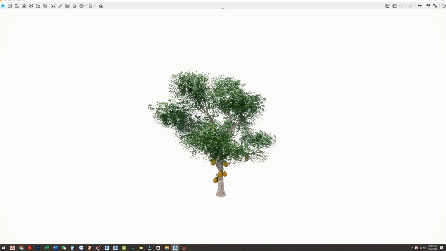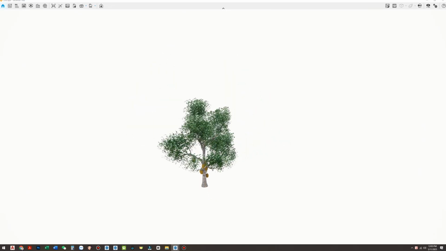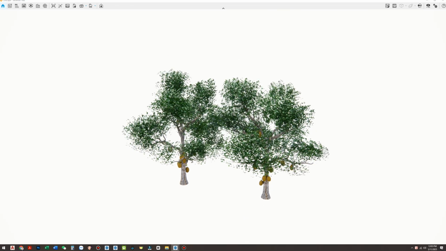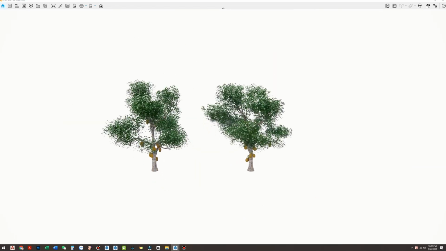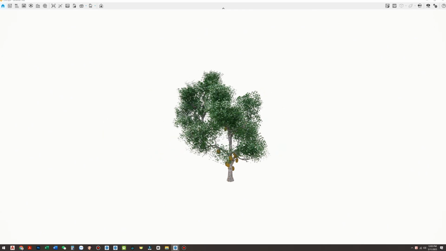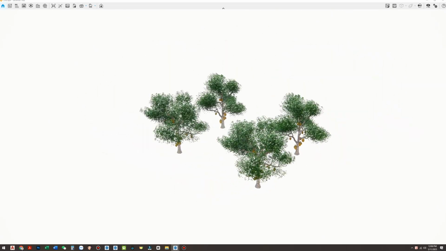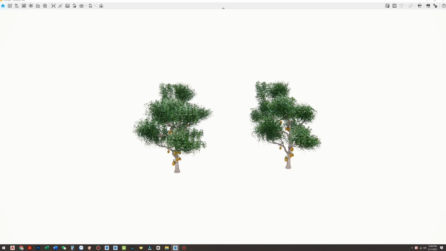If you've ever worked with tree models in exterior design, especially in SketchUp, you've probably struggled with lag, right? Beautiful tree models are often way too heavy. Using one or two might be fine, but as soon as you add 5 to 10 trees to your scene, the file starts slowing down, navigating the model becomes sluggish, and even Enscape rendering performance drops significantly. It's super frustrating, especially when you're trying to create a stunning rendering for a client or racing to meet a